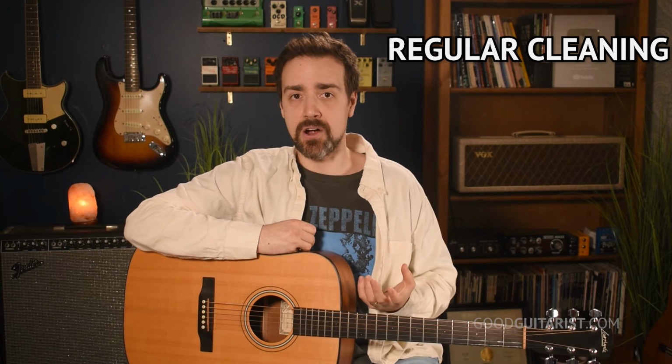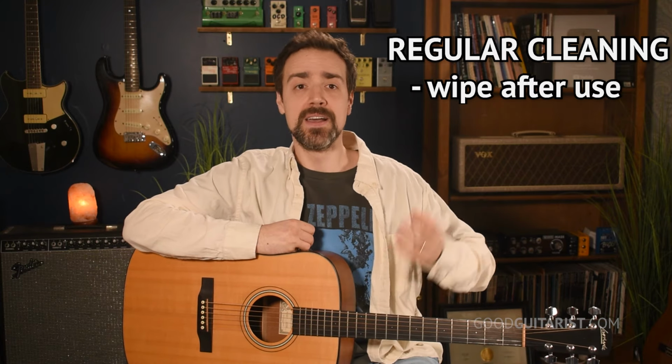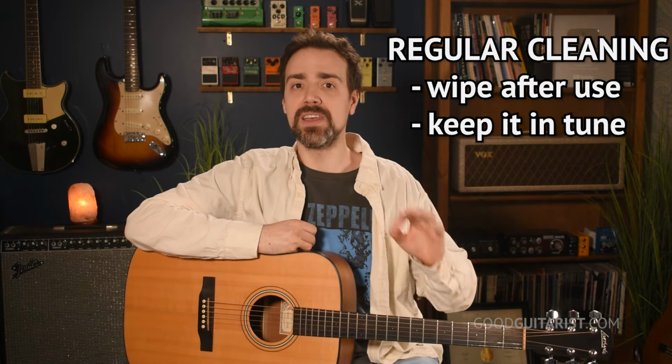And that's pretty extreme, but it does happen, and even slight damage from poorly maintaining your instrument can make it harder to play, and that'll give you the illusion that it's your fault. The chords will be too hard to play, that'll demotivate you, and it'll slow down your progress. So I recommend regularly cleaning your guitar. Just wipe it down after you play it, keep it in tune,